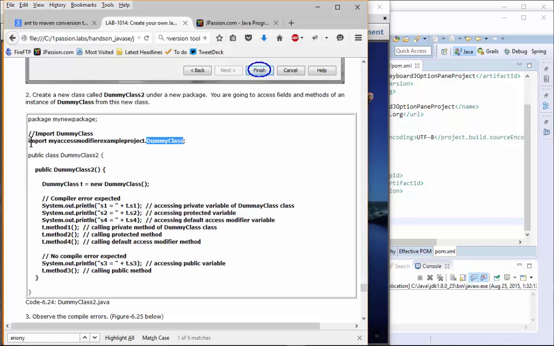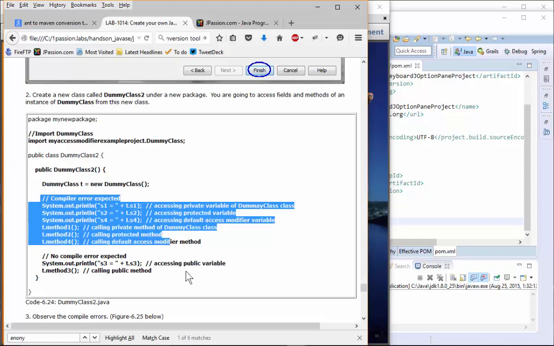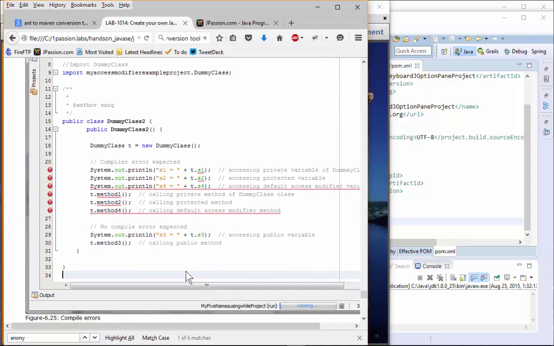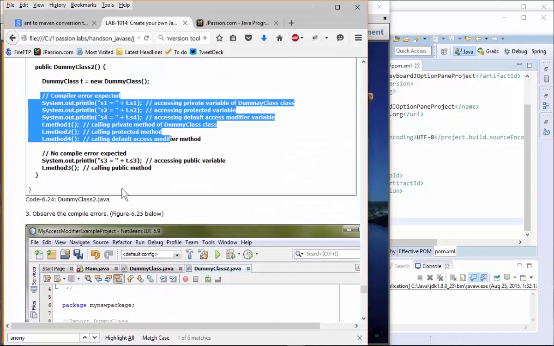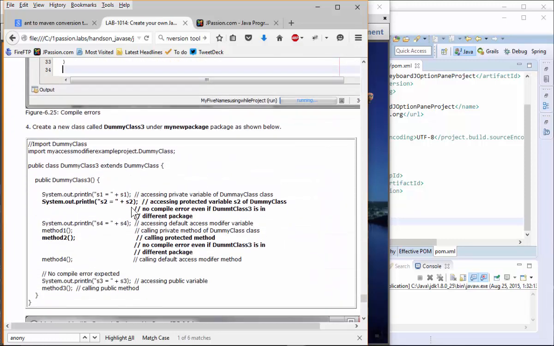We are importing the dummy class, and then we created a dummy class object within the Dummy Class 2 constructor method. Here we're experiencing accessing the dummy class properties and methods. Take a look at what's happening and see whether it's behaving as expected. Then we create another class called Dummy Class 3 in my new package, and we are going to access